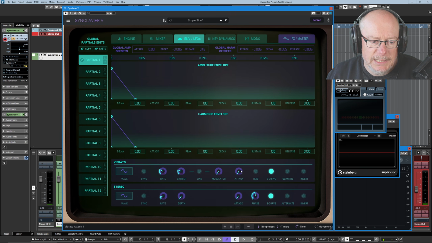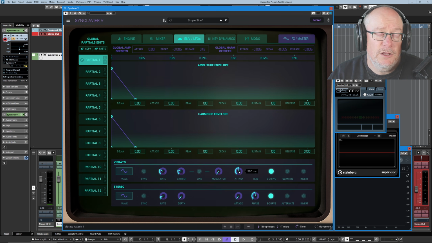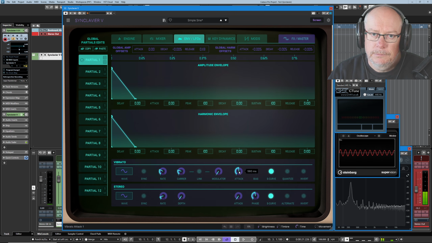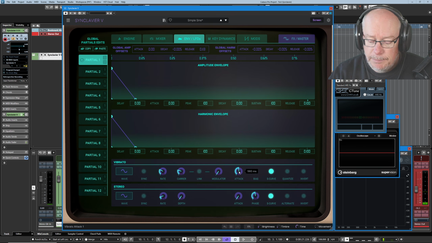If I introduce an attack though of around about half a second, we'll start there. It means now for the first half second of each of those notes, we start off at 0 vibrato and then it's gradually introduced. And we get a much more natural sound. And when I play that melody line,